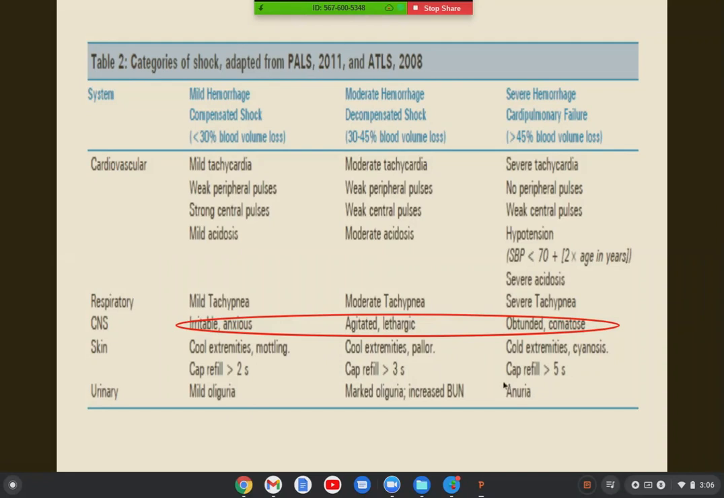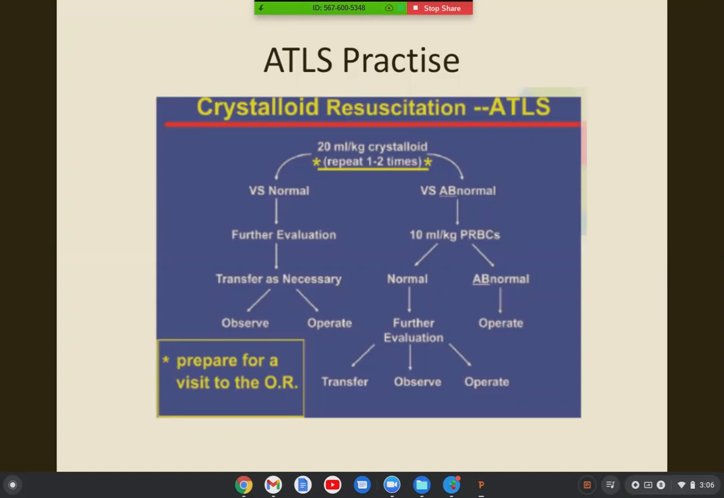ATLS also practices the same guidelines on transfusions. So we start with 20 ml per kg of crystalloid. We repeat it one to two times. If vascular status is normal, we further evaluate and transfer to the ward. If vascular status is abnormal, after 2 boluses, we give 10 ml per kg of PRBCs. After that, if it is still abnormal, we take this patient for exploratory laparotomy or associated injury correction under surgery,